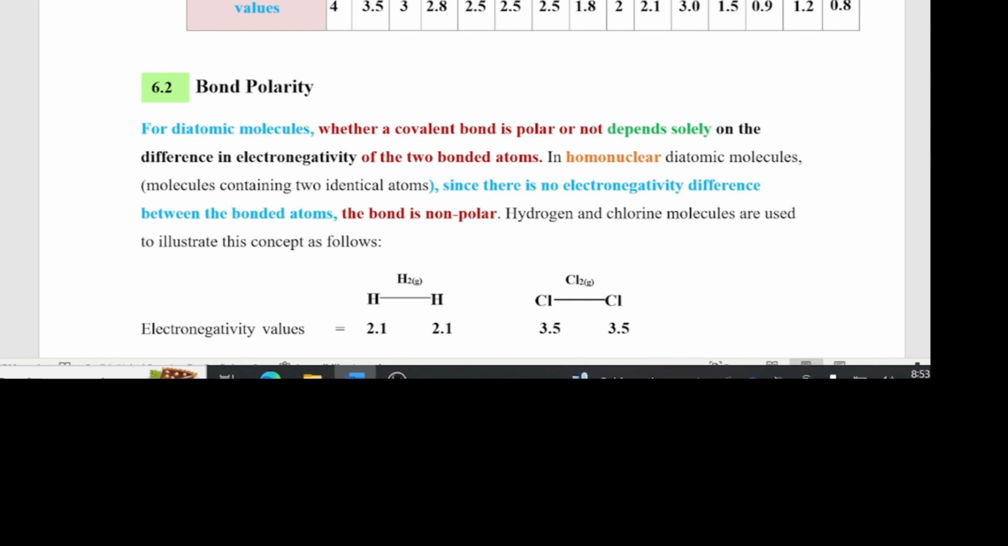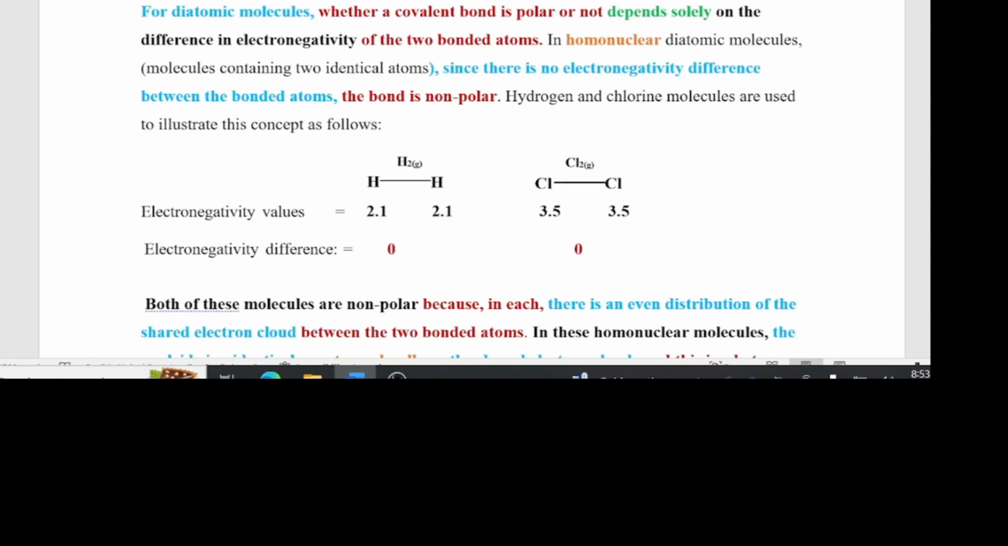Since there is no electronegativity difference between the bonded atoms, the bond is non-polar. Hydrogen and chlorine molecules are used to demonstrate this concept. This is the electronegativity value for hydrogen, and that is for chlorine, the other one here. Now, this is the bond here, and this hydrogen is pulling on the electron cloud here with that degree of